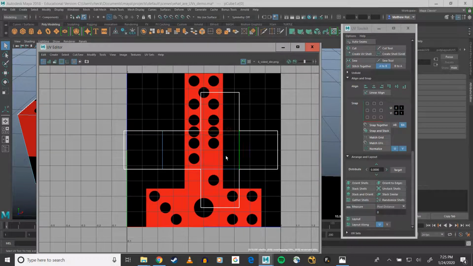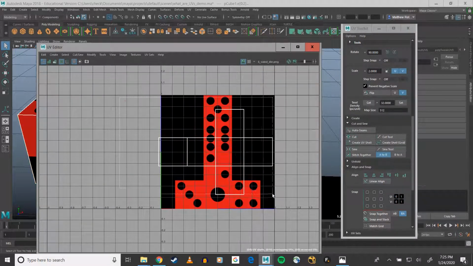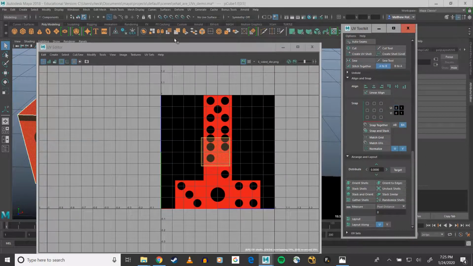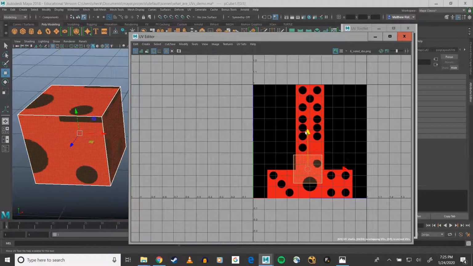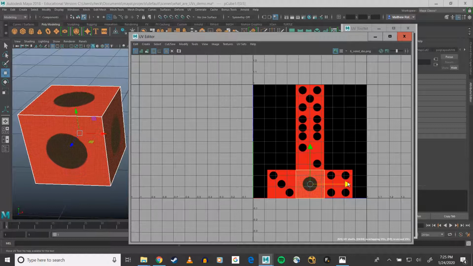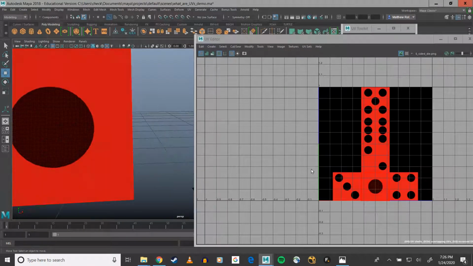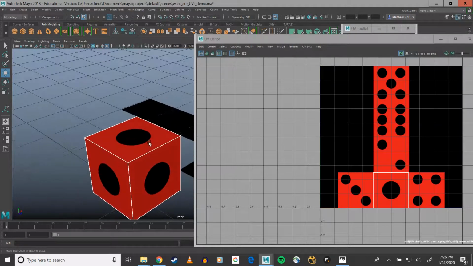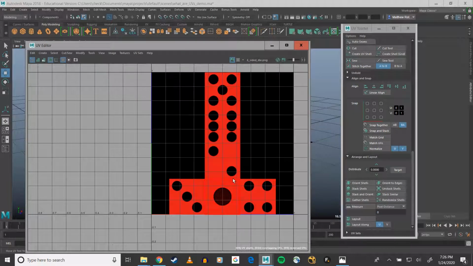Basically I just want to get all of these edges and cut these up. Now, get all my UV shells, and I can use my layout and say stack them. So now I have all of my shells stacked into one UV space, and with all of my shells selected, if I move them all to occupy the space of the one, then every side of my die will have a 1 on it,